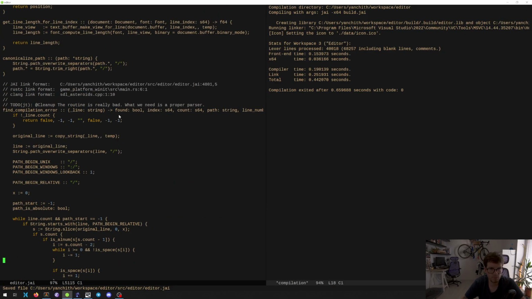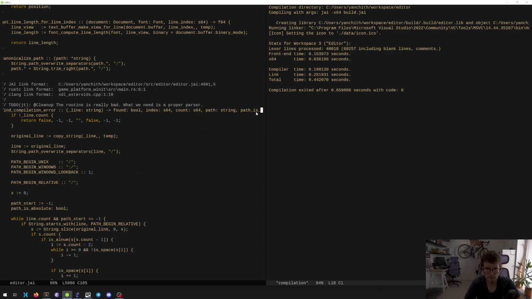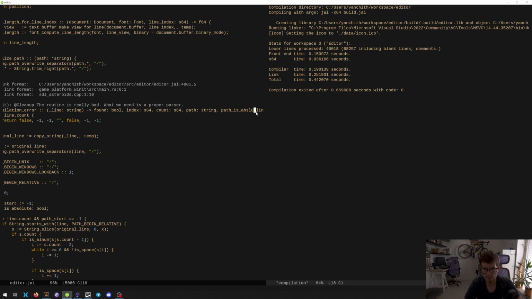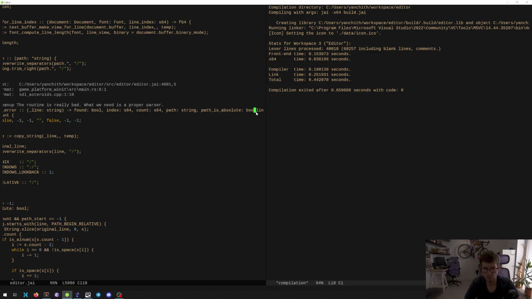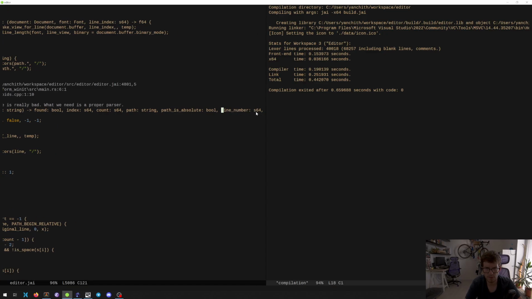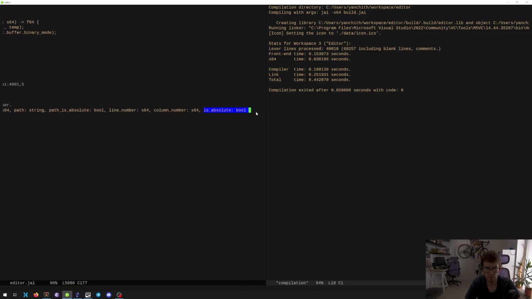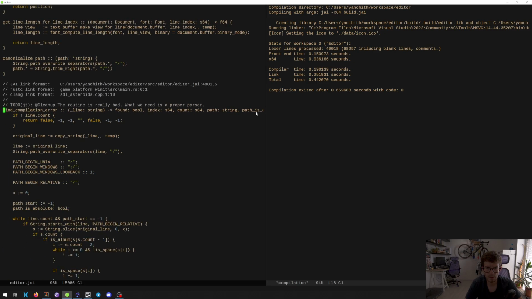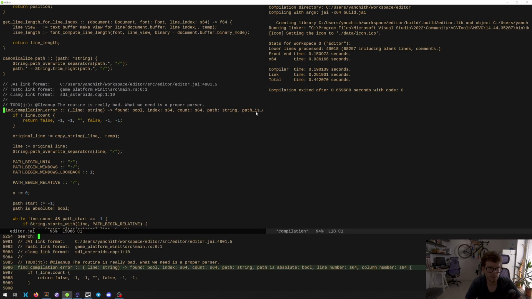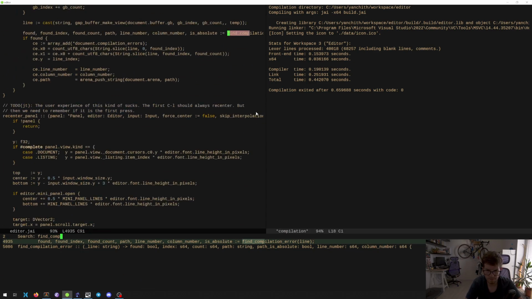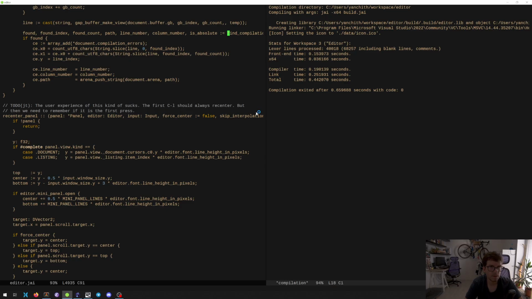We want to also say this absolute wall and remove it from there and find compilation error. Path is absolute, like this. So now that we actually return that,